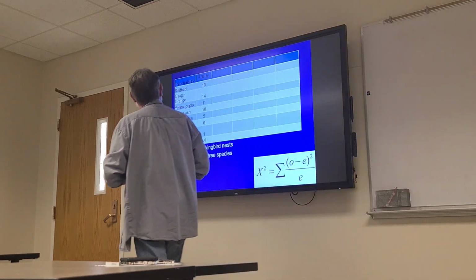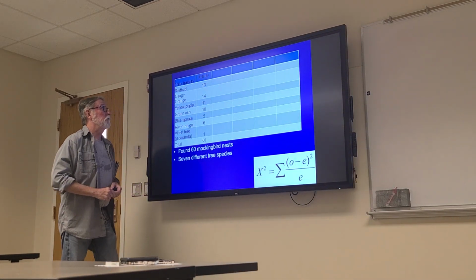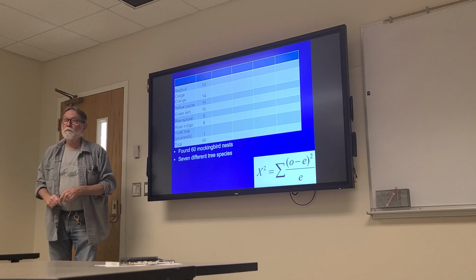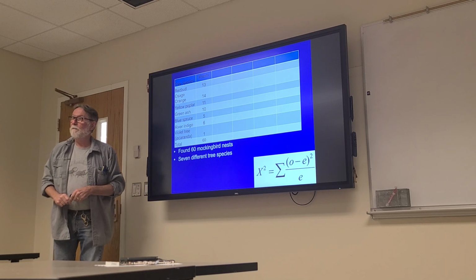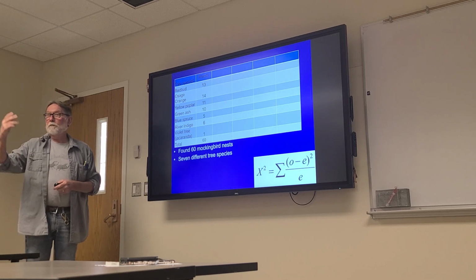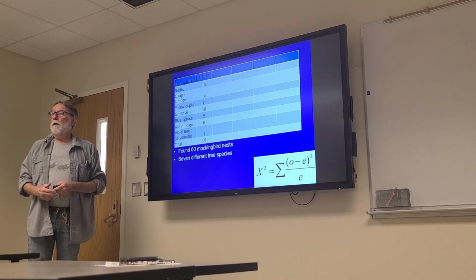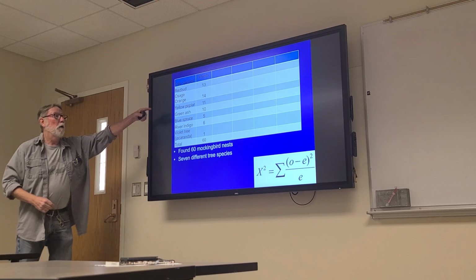You found 13 in redbud, 14 in Osage orange. Do we know Osage orange? What up? There it is. Thank you. I wanted to know if you knew the other name of Osage. And down here they're often called bodark. Okay. Yellow poplar,